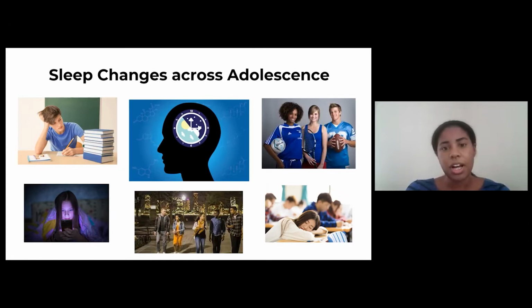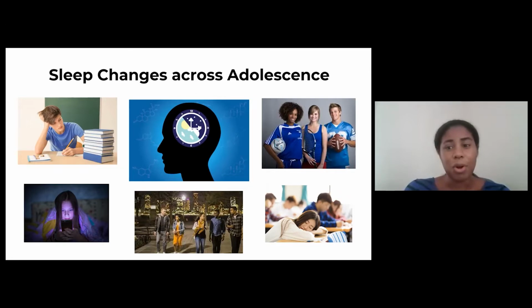And this is something that is naturally happening for all teens, really, but for some, they are more affected than others. In addition to that, there is also a pattern of slower building of sleep pressure during adolescence as well. So that sleep drive, the accumulation of sleep pressure, is a little bit slower. And then also there are some reductions in slow wave sleep from childhood to adolescence as well. And in addition to those sleep and circadian related changes, there are also some other things happening during adolescence that interfere with sleep.